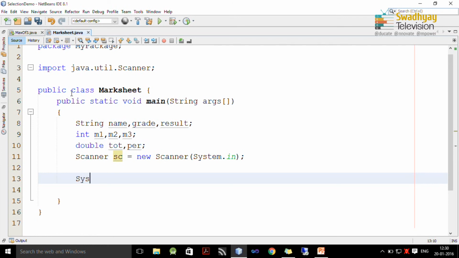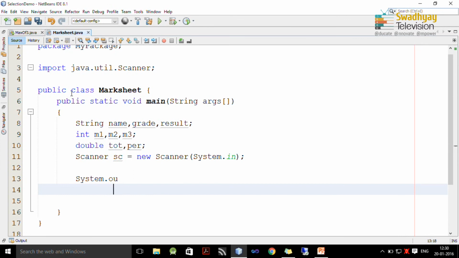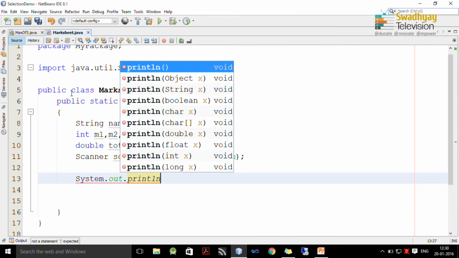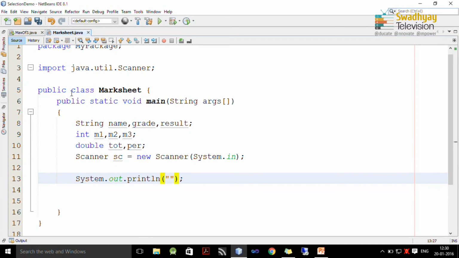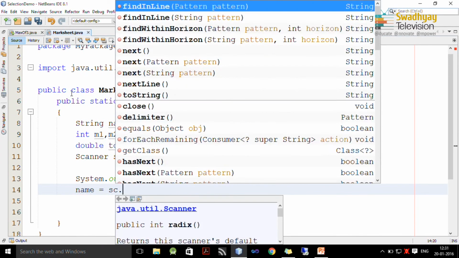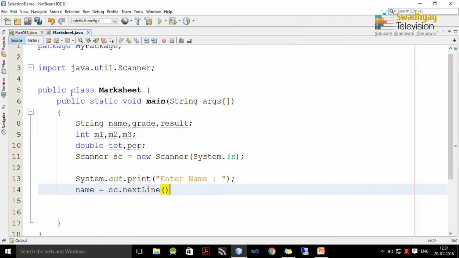So, we start by prompting user enter name and inside name we read name. I can copy this.